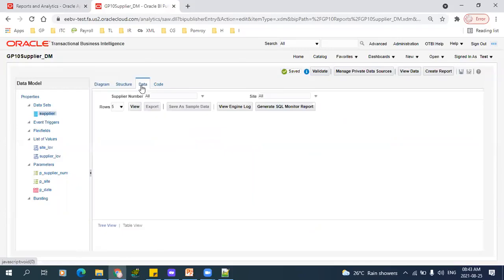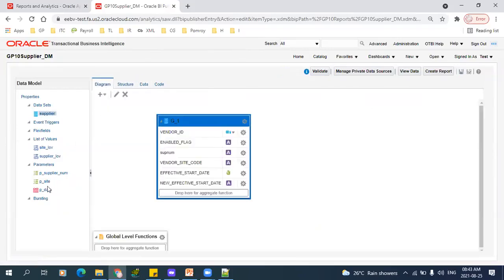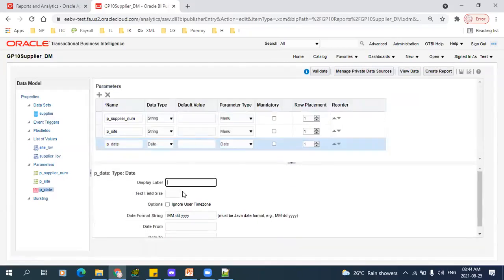My supplier and data. Okay, there is no heading we have given, right? This is date. Start date. This is your date related properties. Text field size, how many digits you want to display. Ignore user time zone. Yes, I want to ignore user time zone. The date format string. If the user wants to change, or if the user wants to request any specific date formats in order to display the data,